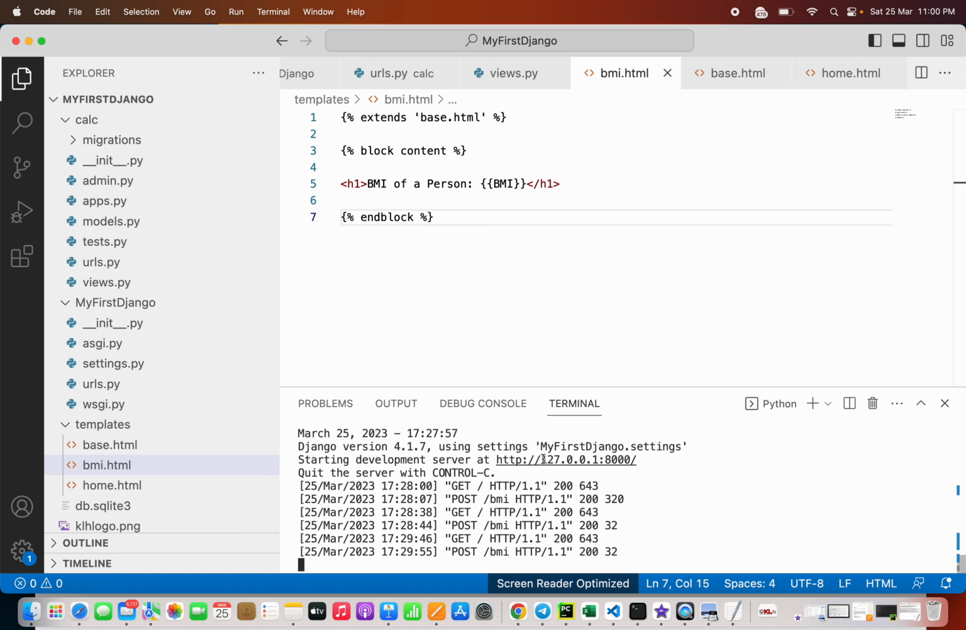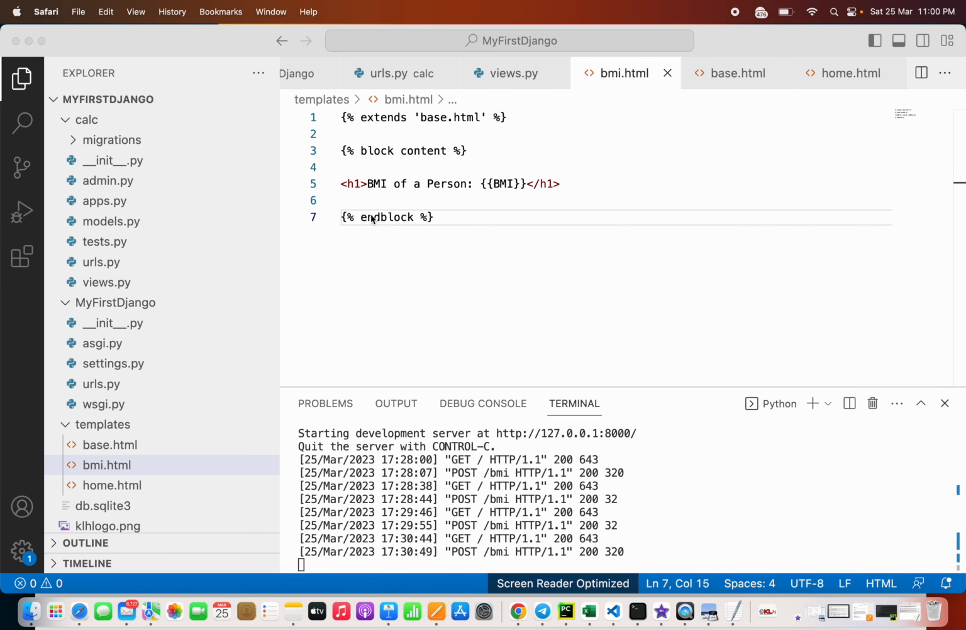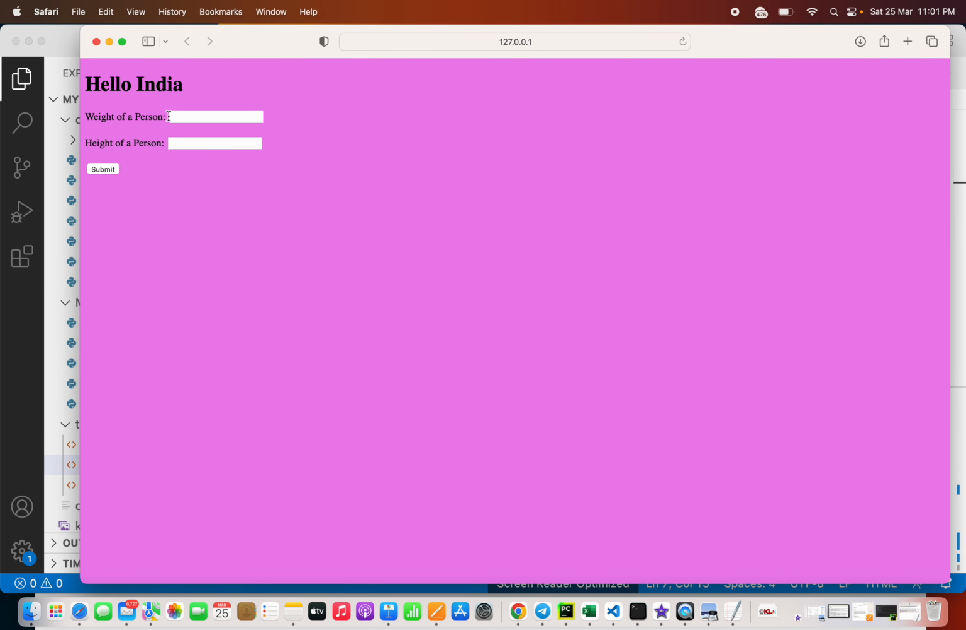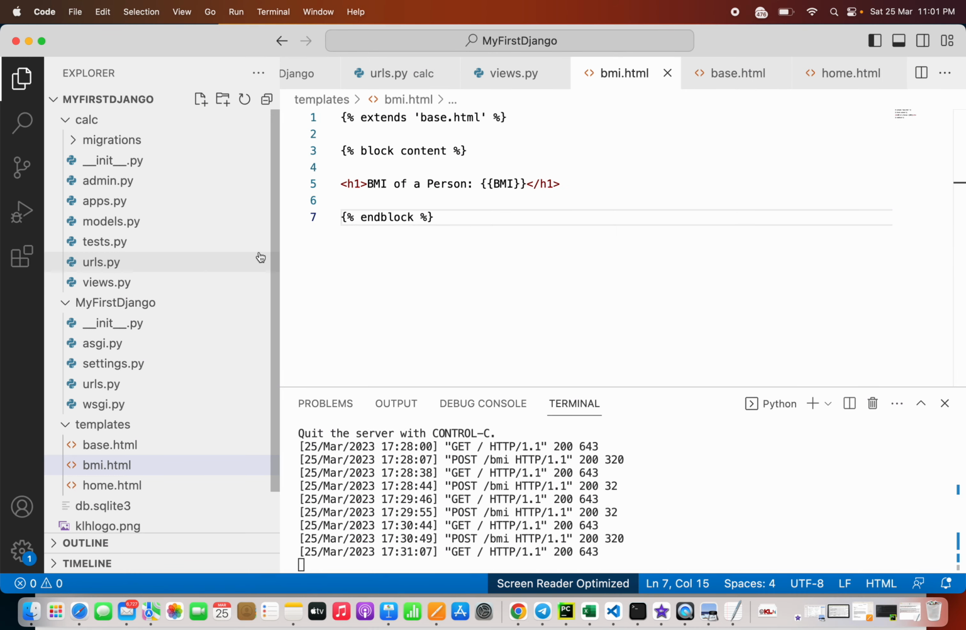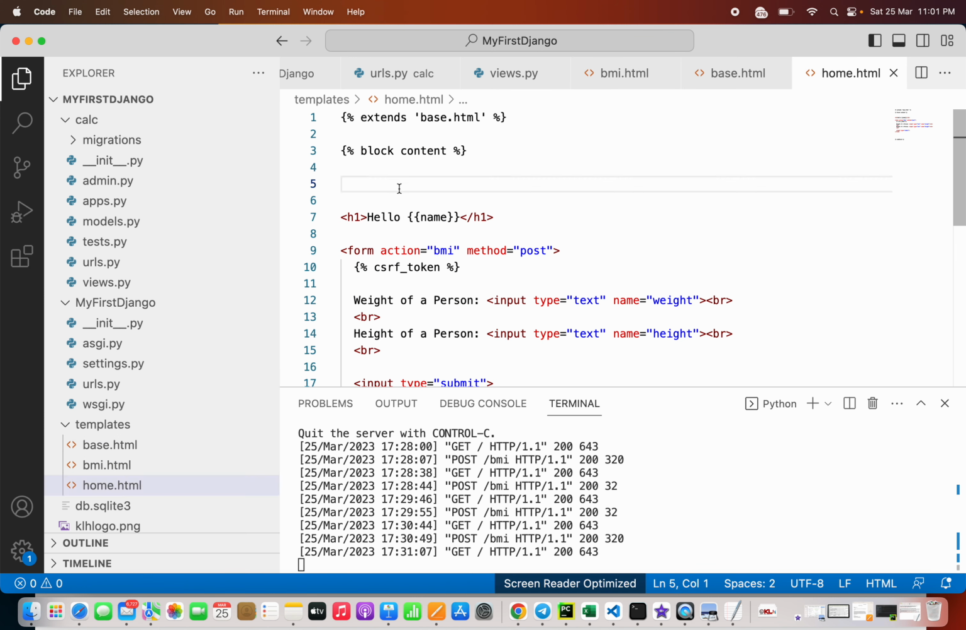If we just render this content, what we get is something like this, with the same styling, same color. This is template inheritance, which we have seen in the previous videos. Now, maybe we would also like to have the form in the center instead of having it towards the corner. That can be done by placing center tags